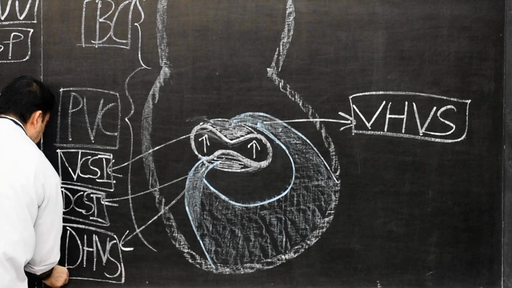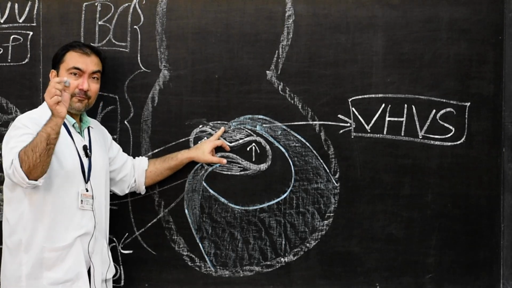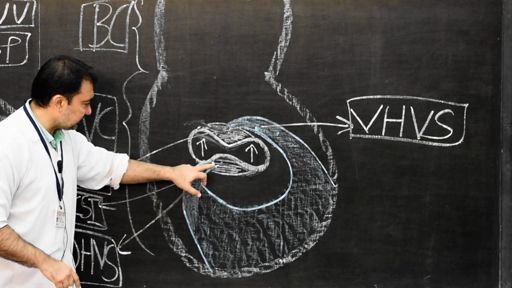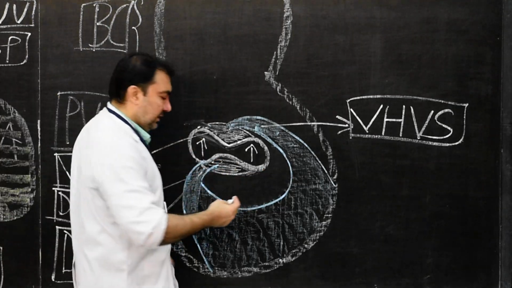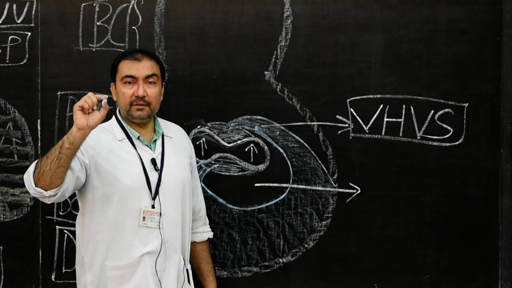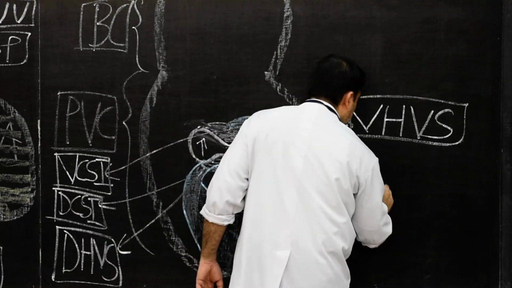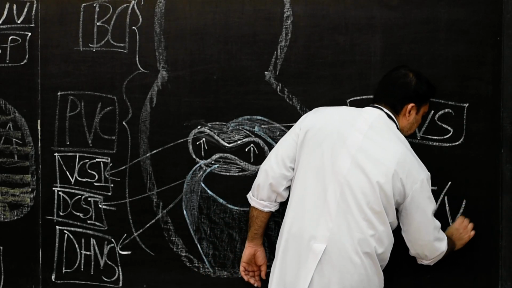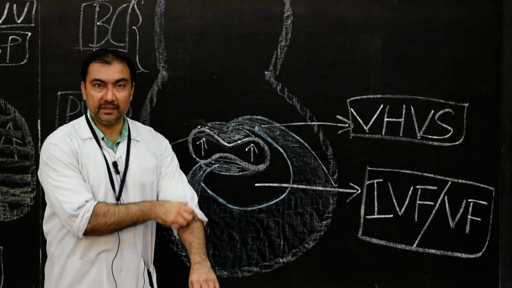So the ventral horn of the ventricular septum will fuse once again with the ventral cushion of septum intermedium, and the dorsal horn of the ventricular septum with the dorsal cushion of septum intermedium, leaving a small gap here. This gap will be known as the interventricular foramen, or it will also be known as the ventricular foramen. This is the name which is given to this foramen.